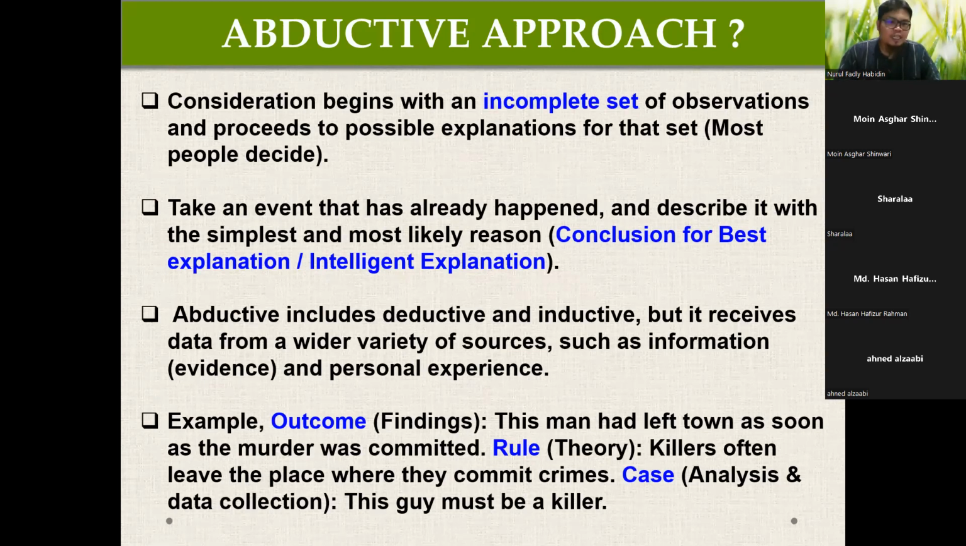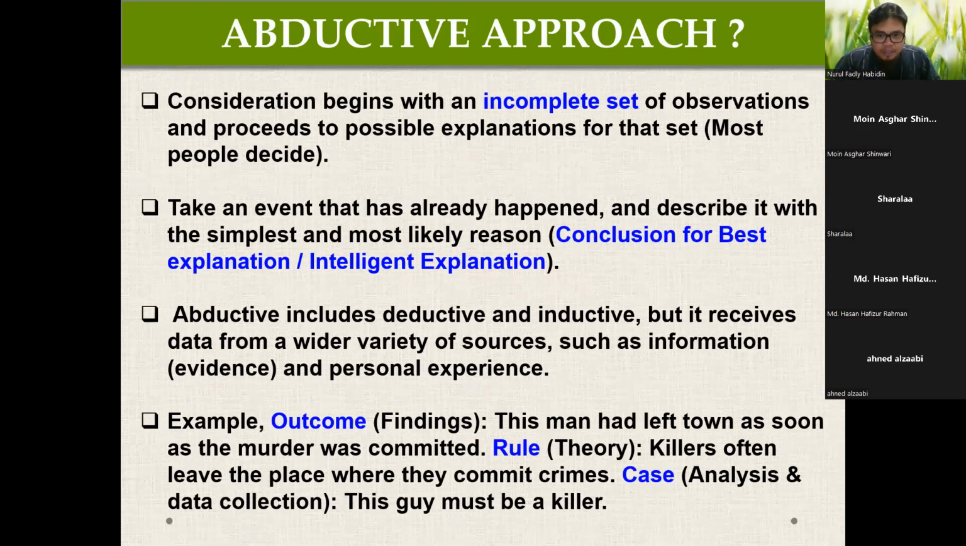Okay, abductive includes the deductive and inductive, but receives data from a wide variety of sources such as information, evidence, and personal experience. So when you use inductive, deductive, all the data can be used. Interview can be used, questionnaire can be used, experiment can be used, observation can be used, action research, all the data can be used. So because you use all,